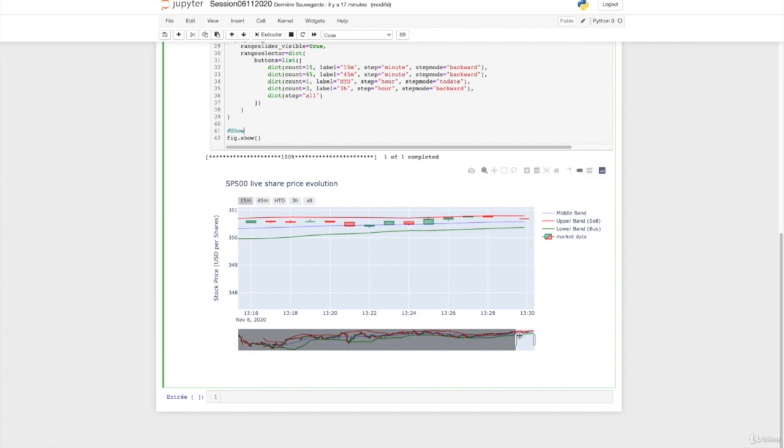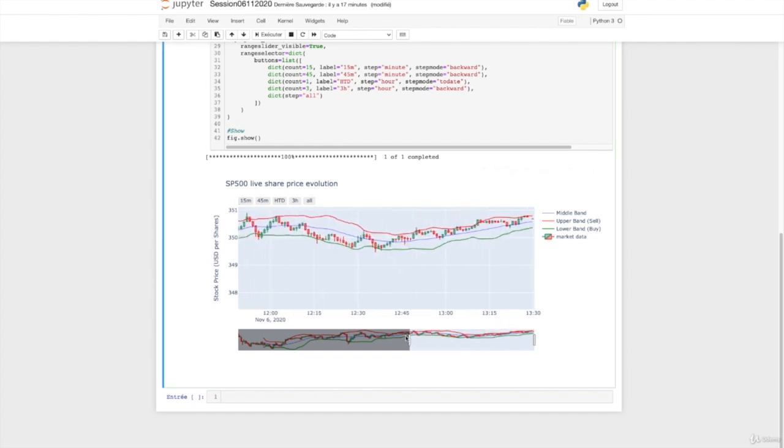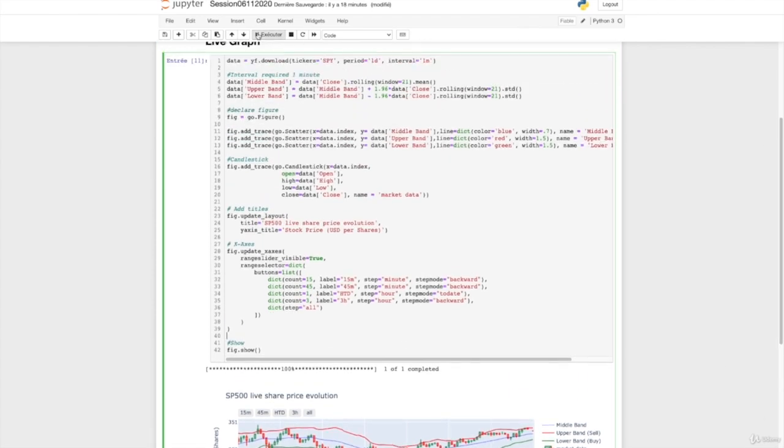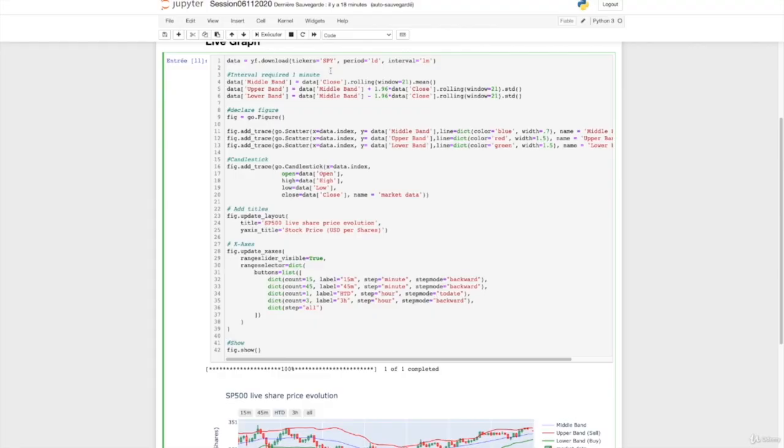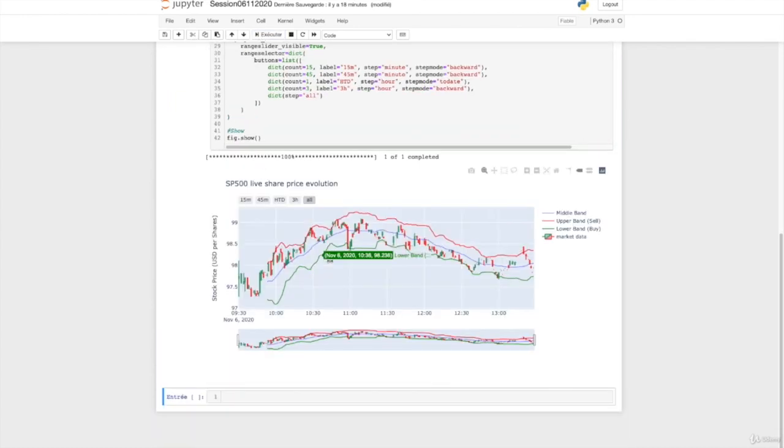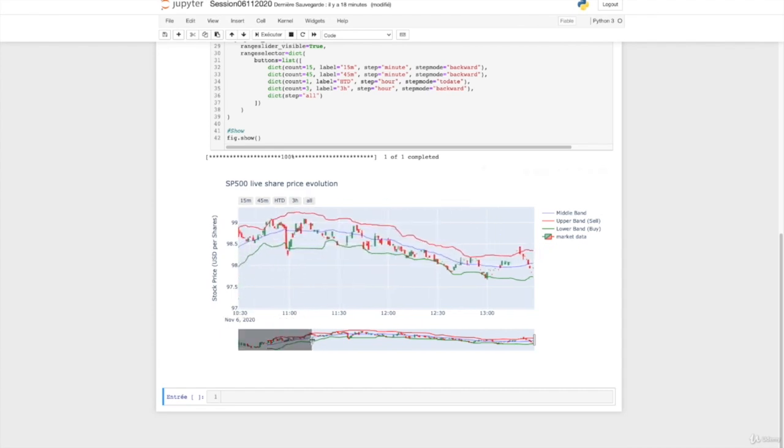Okay, and if you want to make just a quick view of how much you can make, for instance, you can just pick up some numbers and make a quick comparison. Or let's do it on Jacobs Engineering, which is a little bit more volatile. And as you know, because that's based on the normal distribution, the more volatile the stock is, the more you're gonna make money with the Bollinger Band. For instance, if we take a look at Jacobs Engineering, if you have to follow the Bollinger Band, let's say just between this period,